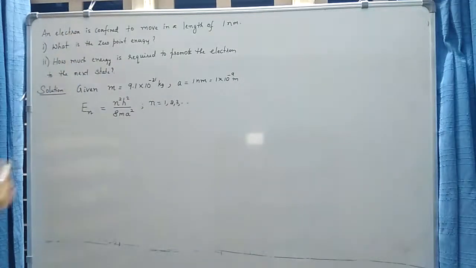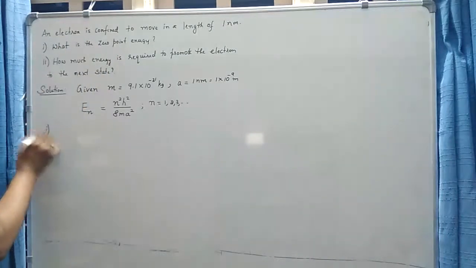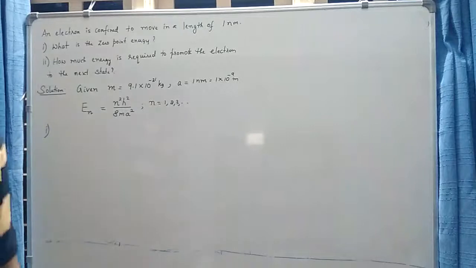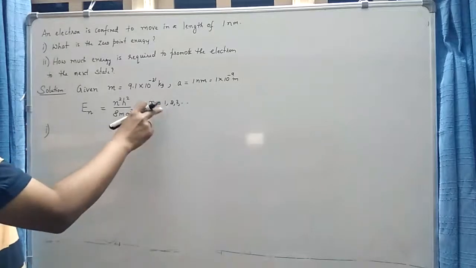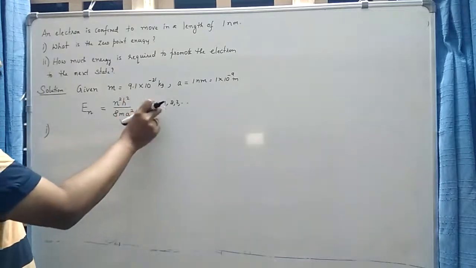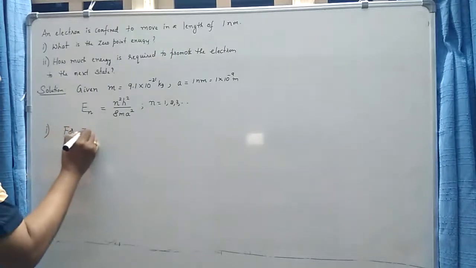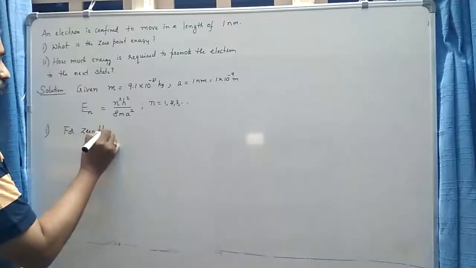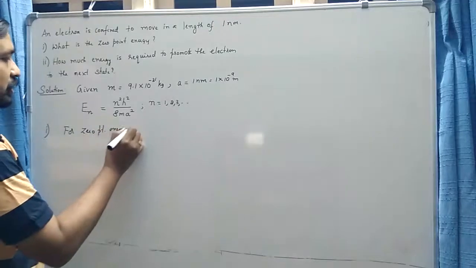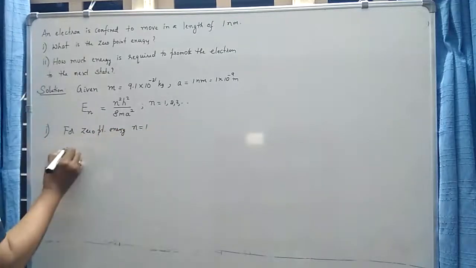Okay, so let us consider the first question. What is the zero point energy? In the last video I defined what is zero point energy. So zero point energy is the lowest energy the system or the particle has, and in this case the lowest energy corresponds to n is equal to 1, because the lowest value of n is 1. So for zero point energy, n is equal to 1. So therefore